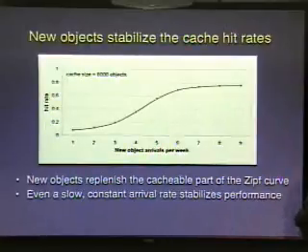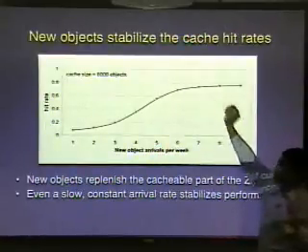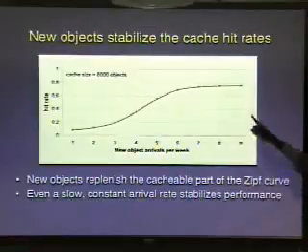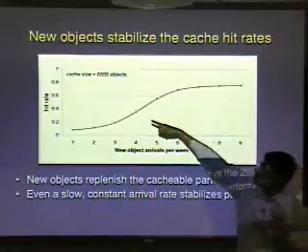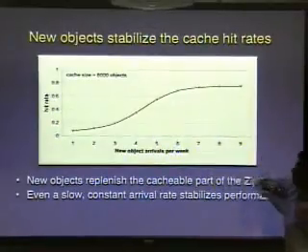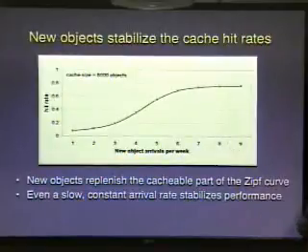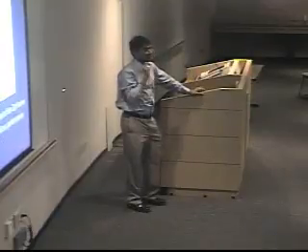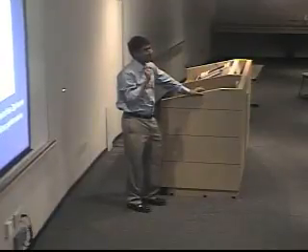Now, the most interesting part of this graph lies in these points here in the top right corner. These points show that we can achieve very high hit rate, as high as 80%, with a moderately small object arrival rate of about 7 to 8 new objects per week. Now, in the real world, Hollywood, in fact, releases new movies at the rate of 5 to 10 per week.